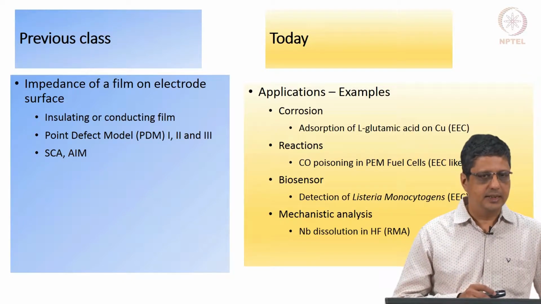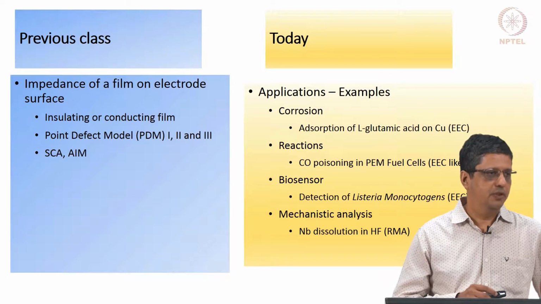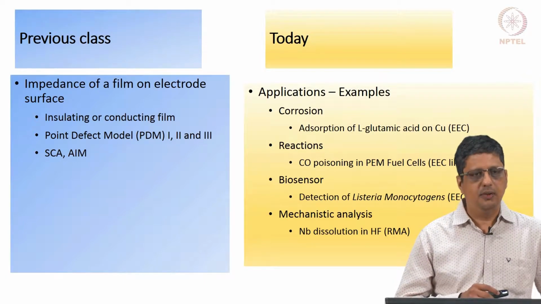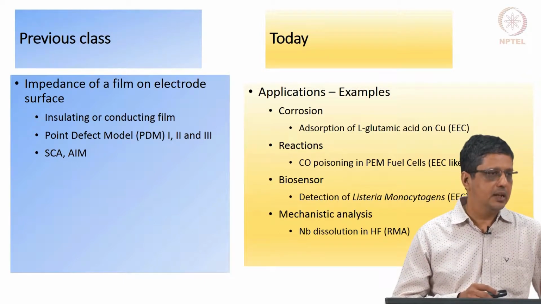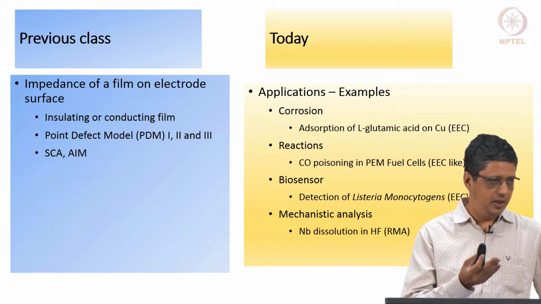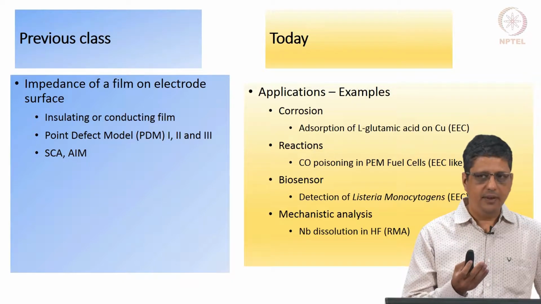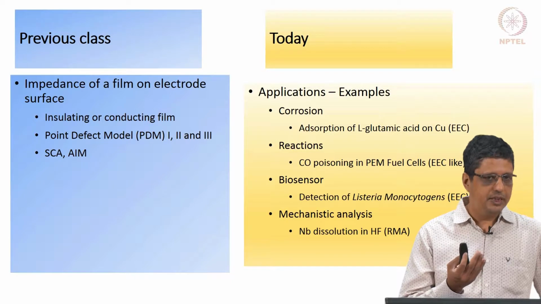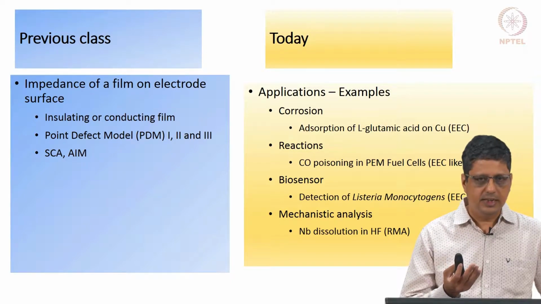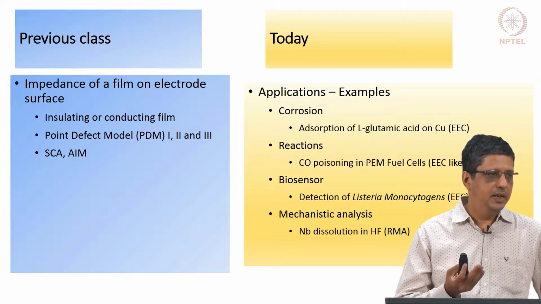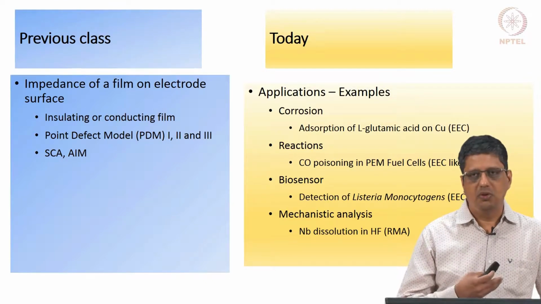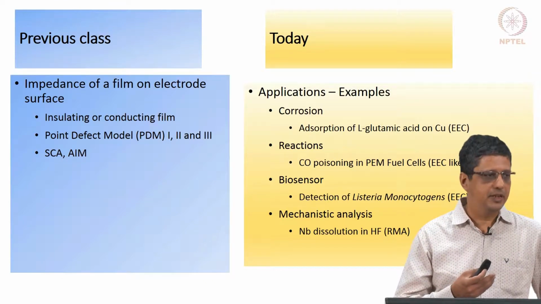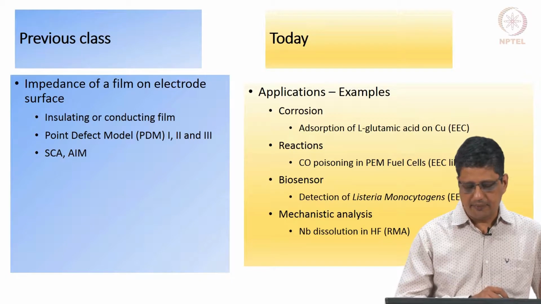using mechanistic analysis. Most of the literature, if you see, would use equivalent circuits, because it is a lot easier to work with, a lot easier to fit a model for a given data. Okay. Interpretation, making sense out of it, sometimes it is easy, sometimes it is not so easy. In RMA, the analysis part is challenging. So, you do not see that many publications with mechanistic analysis.